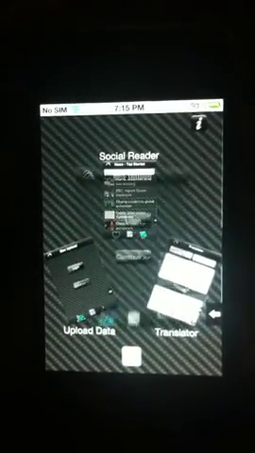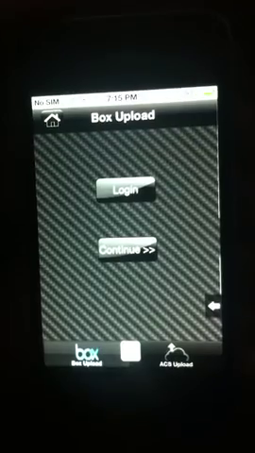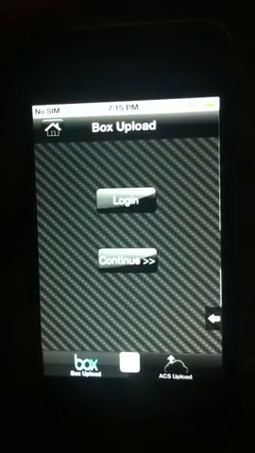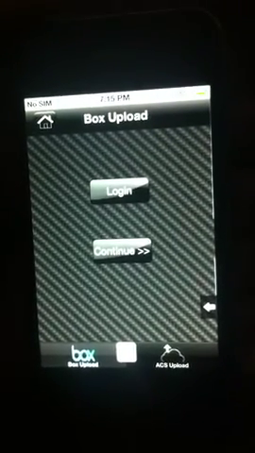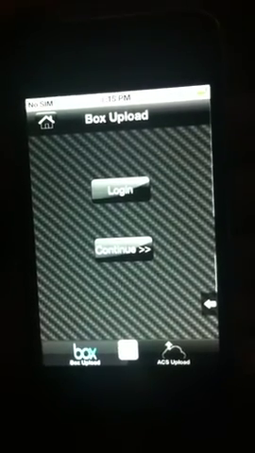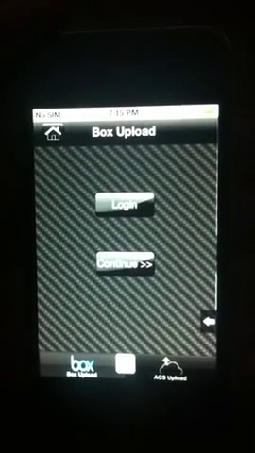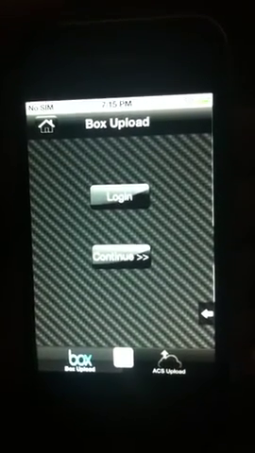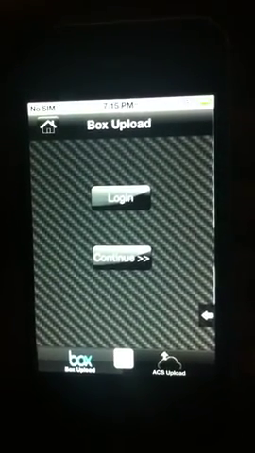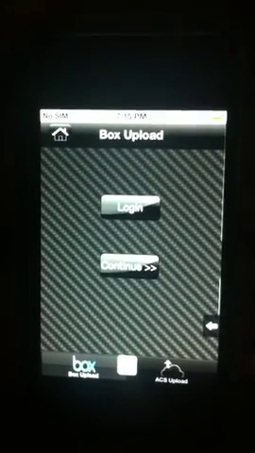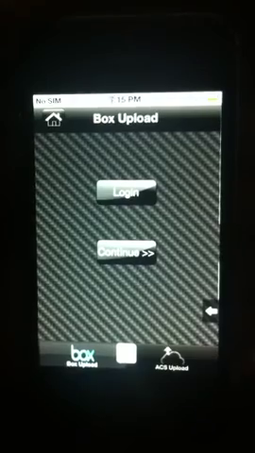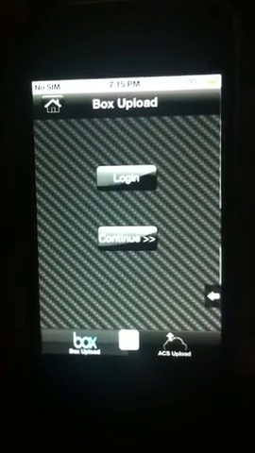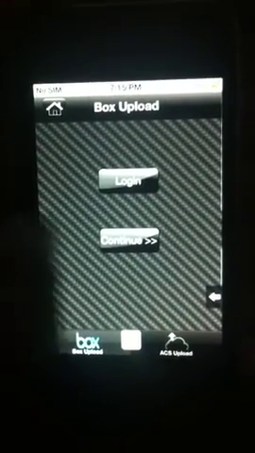What about Box? Box is having two options. One is login, another one is continue. So what's about this continue? The way Box has implemented it, they suggested you log into the Box mobile web pages, directing the user to the mobile web application. He will enter the credential there and then go back to the app and tell the app to continue for authorization.